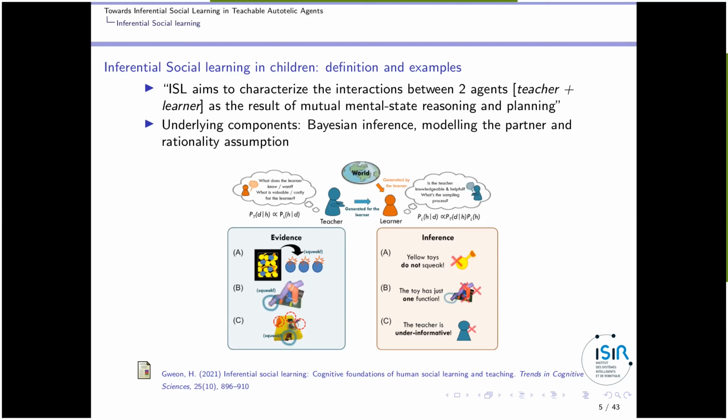That's a very powerful mechanism which allows you to draw much more information from what the other is showing or not, depending on what you know about this other, and you know that this other knows about you, etc., etc. So that's much more powerful than what our reinforcement learning agents do when they interact with each other. That's the general idea. I hope you got the example, even if it's a little involved.